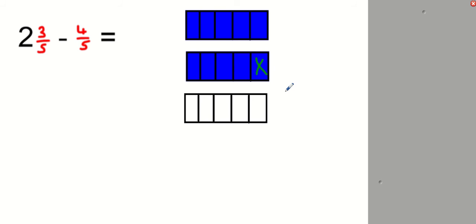So I'm going to cross that one out, okay, and then I'm going to look and see what I've got left. So I've got 1 whole. Okay, and then I've got 1, 2, 3, 4 out of the 5 of that whole there. Okay, so we ended up with the same answer, but hopefully it was much clearer for you to see with